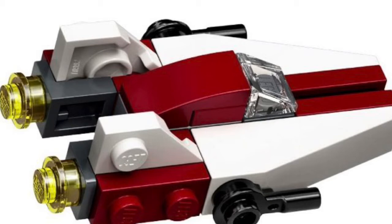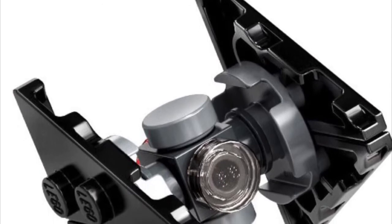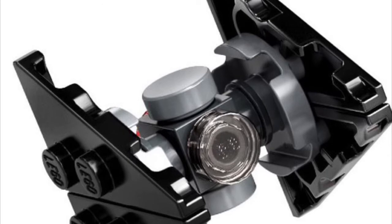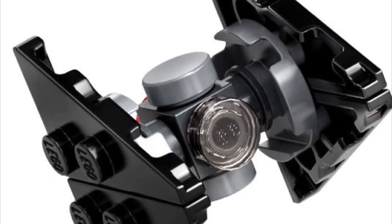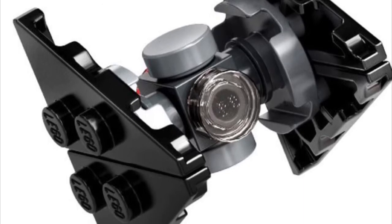I'm going to put the same thing as the next one, but this is way better than... You could have done this instead of whatever the thing you did, the Lego. So yeah, this is the TIE Interceptor. This is the same thing. They could have done this instead of what they made. I think that they should have done this instead of